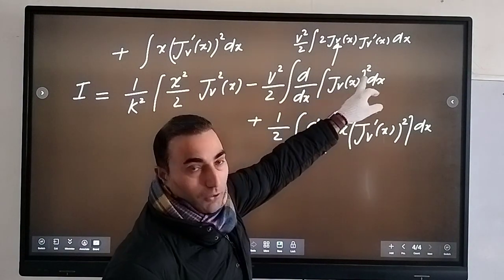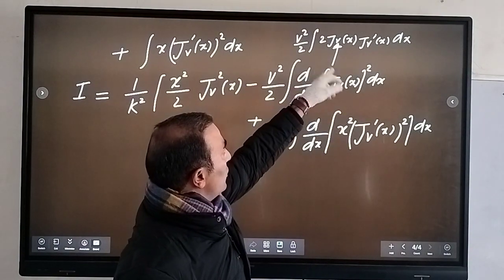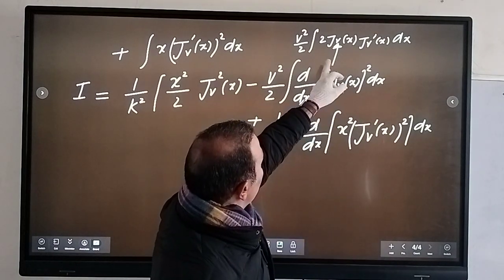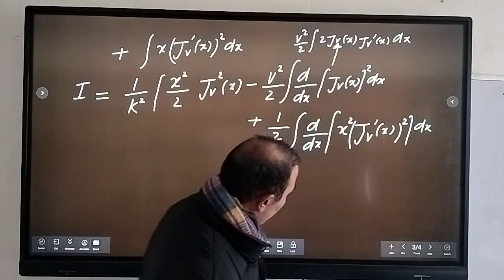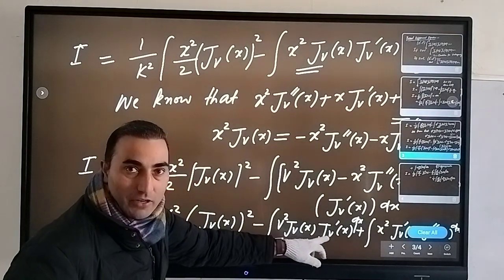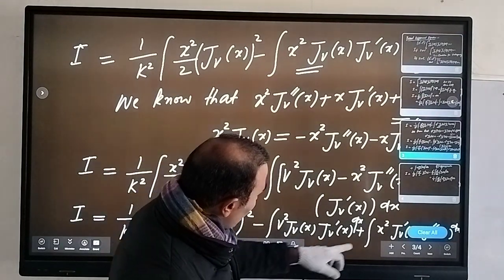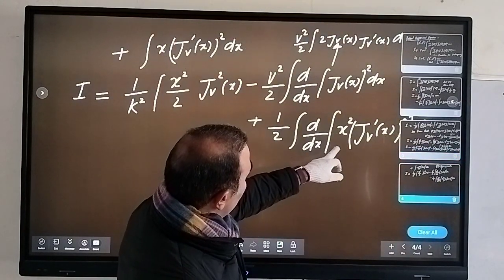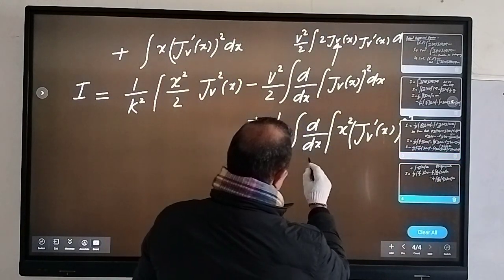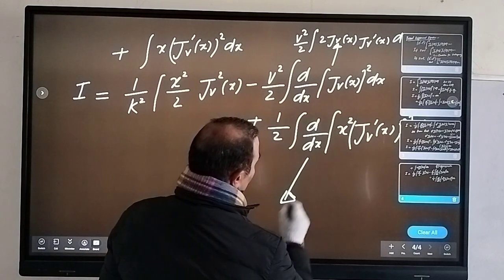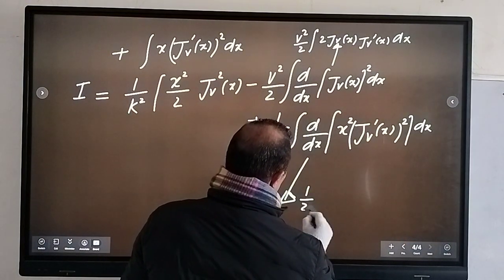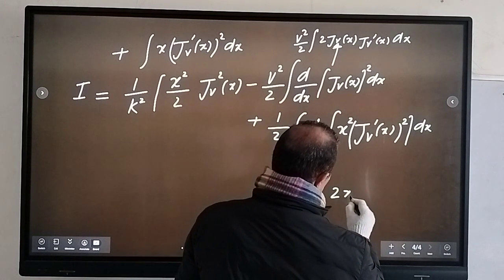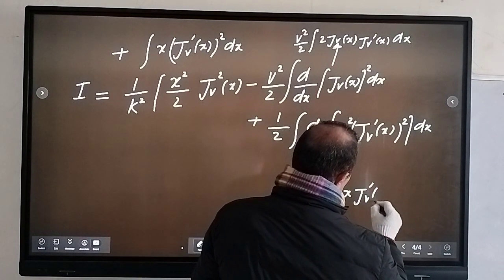तो ये टर्म जब मैं इसको evaluate करूंगा, तो 2 और 2 cancel हो जाएगा, it will be v square Jv of x, तो v square Jv of x Jv dash of x, तो ये वाली टर्म है, that is v square Jv of x Jv dash of x, right। Now another term is, तो next term मैंने लिखी plus 1 by 2 this term, right, तो अगर मैं इसको evaluate करूंगा, तो if I evaluate this term, तो ये क्या बन जाएगा, it will be 1 by 2 integral, when we differentiate this will be 2x Jv dash of x का whole square